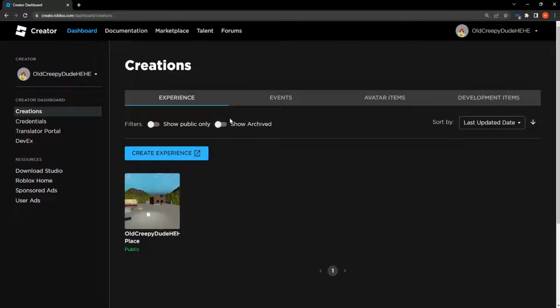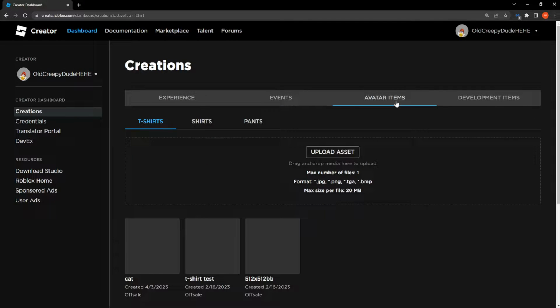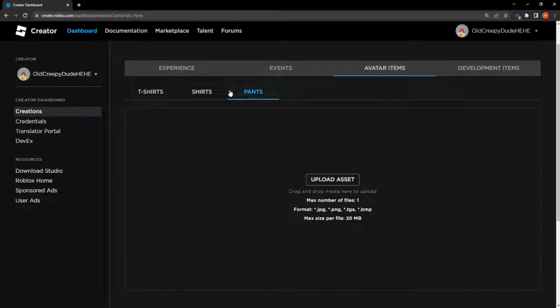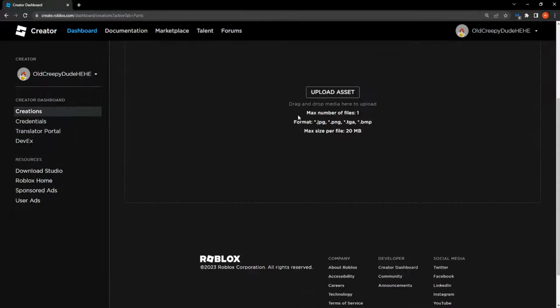Okay, so from here, we will be taken to our creator dashboard. So all we have to do is click on avatar items. You should be able to see the option for pants right here. So basically just click on the third option next to shirts, pants,